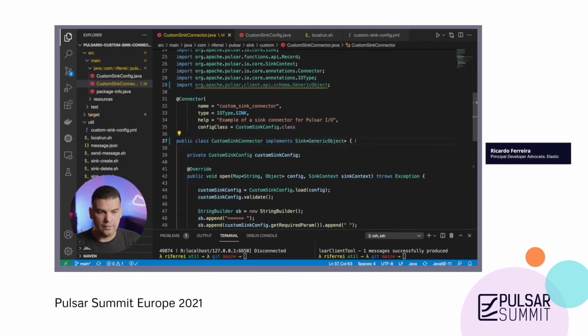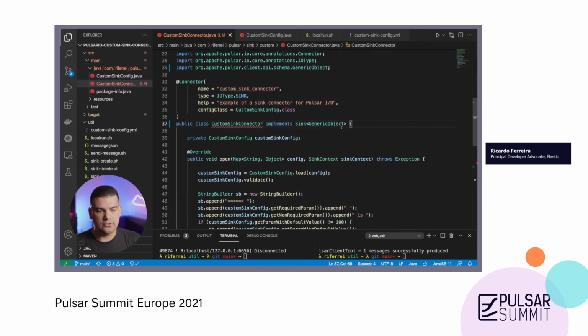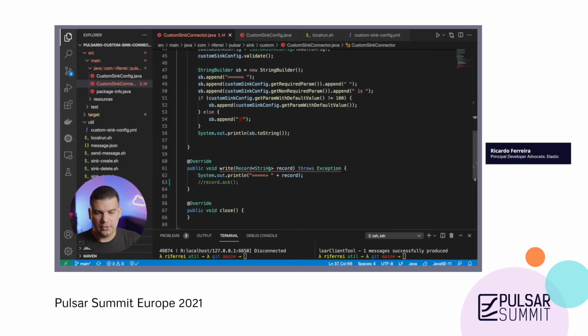So you can use this generic object interface here. Then you can start writing your code to reference all the parameters and fields that define that event definition for your code.